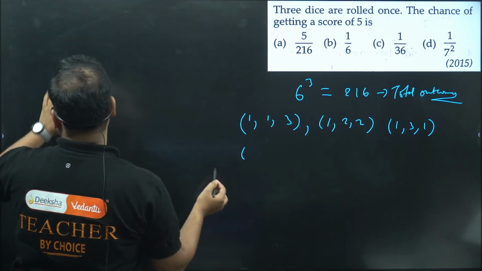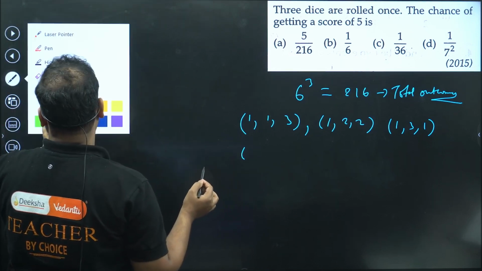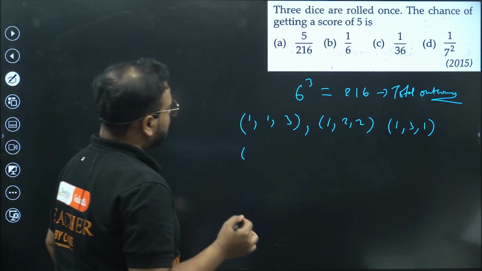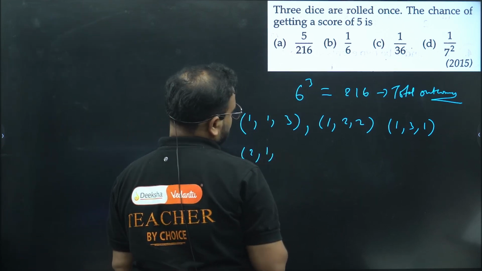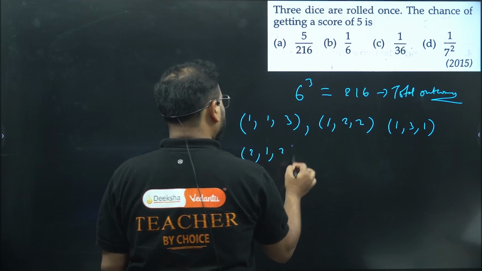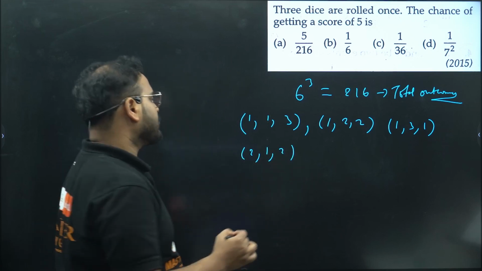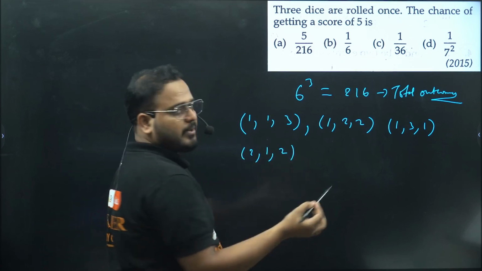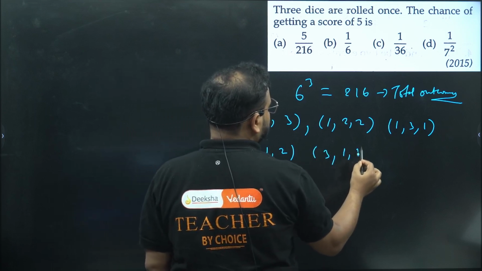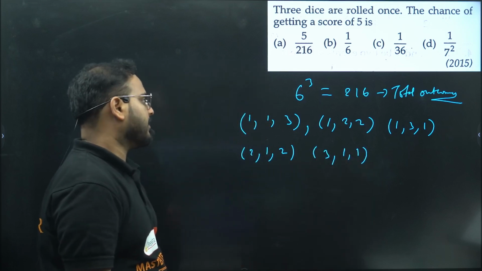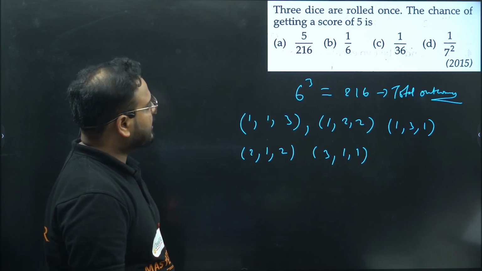Let's start from 2 in this case. So we have 2s now. Please check. We can have 2, 1, 2 and 2, 2, 1. Anything else with 2, sir? I cannot have anything else with 2 because 2 plus 3 will become 5. What about 3, sir? We can have, yes, 3, 1, 1. What about 4, sir? We can't have 4 also, right?